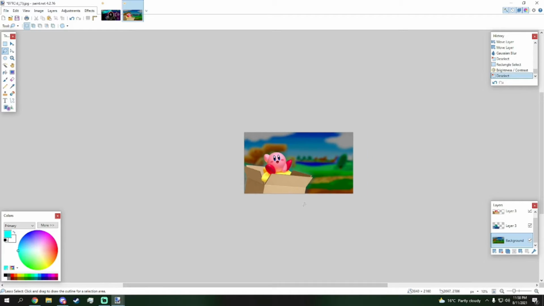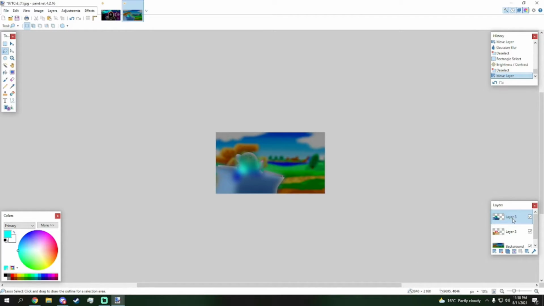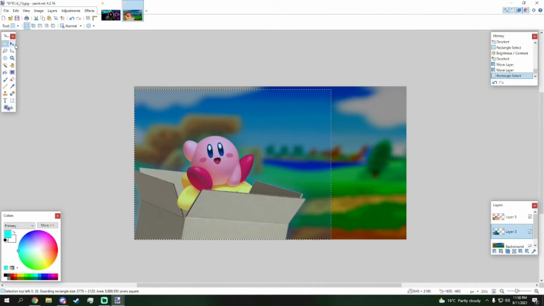It's kind of harder, honestly, now I'm thinking about it. The outline isn't as good because of the background being green and this being that color. But we can fix this. The first thing that I'm going to do to fix this is I'm just going to take this,